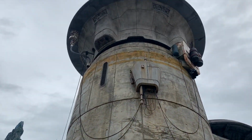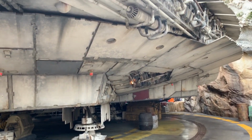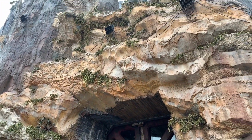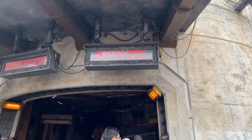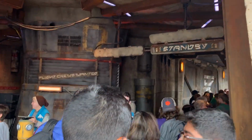One tip here, if you do go, you can go on the standby line, and that allows one person at a time, but chances are you probably won't end up with your family inside the ride, but it'll get you there a lot quicker. Now this is what it looks like right outside. Then we walked in,